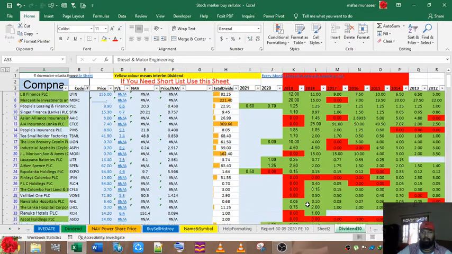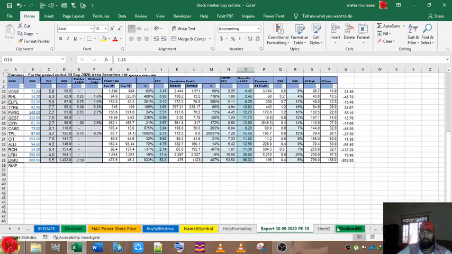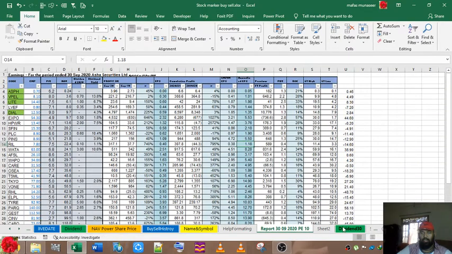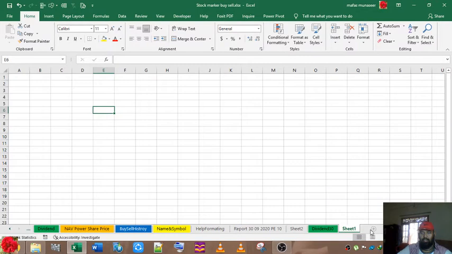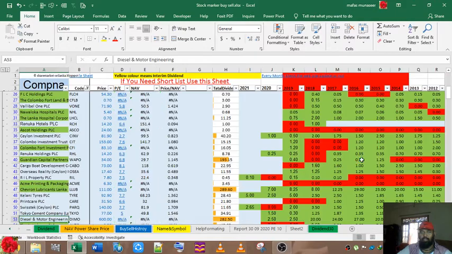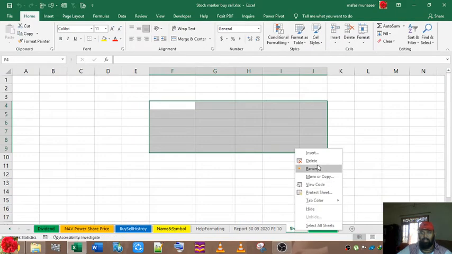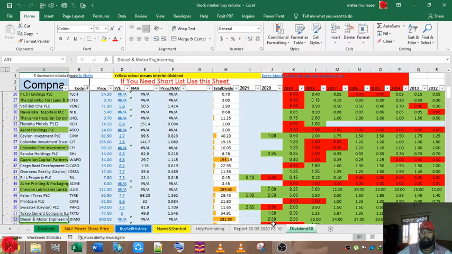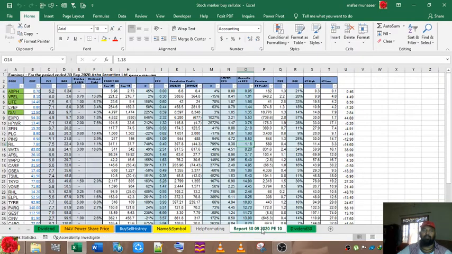Using dividends, I shortlisted these two, and right now I'm using this for only one purpose. This one, the last one and second last, are only shortlisted companies.